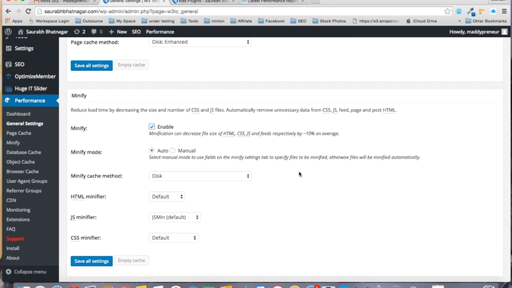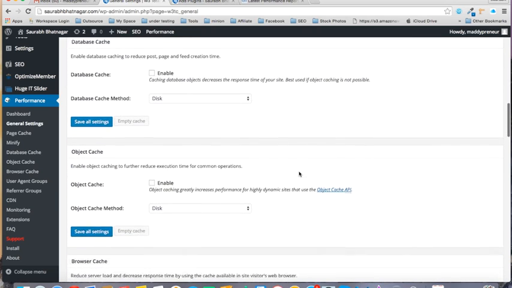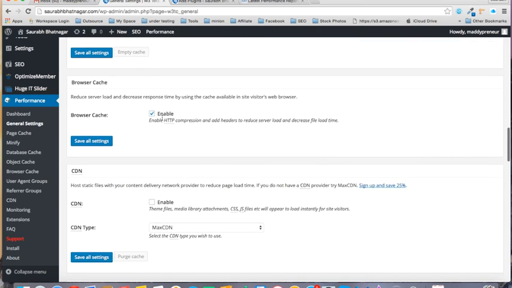Minify actually compresses your code, so that your code is compressed and won't take much time to load, so it helps. And then you will enable the object cache, and the browser cache is automatically enabled, and then you will click on save all settings.